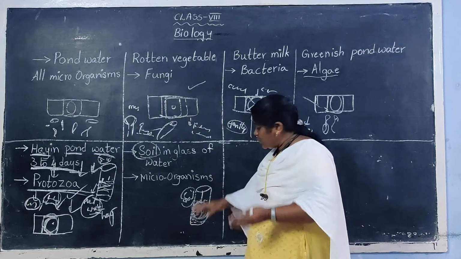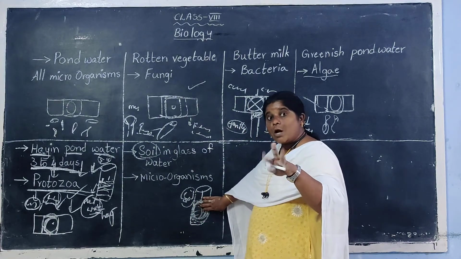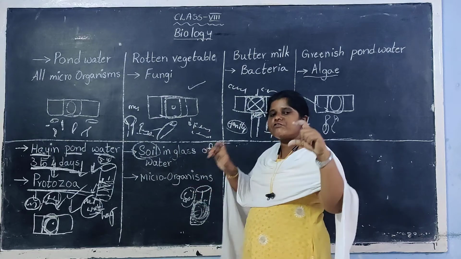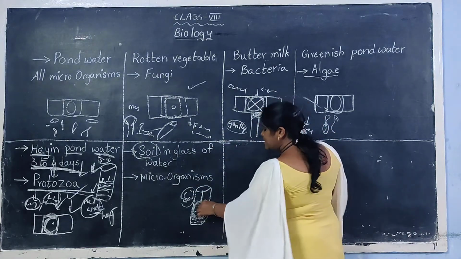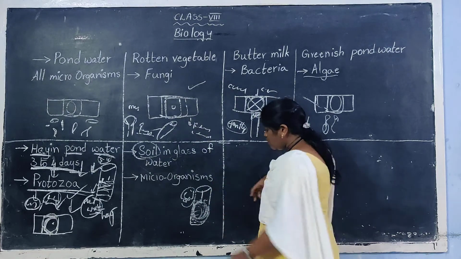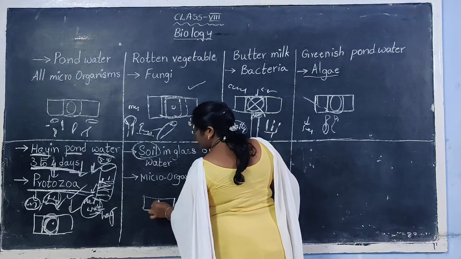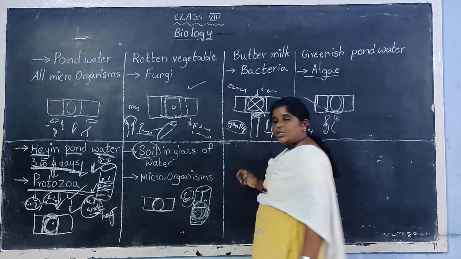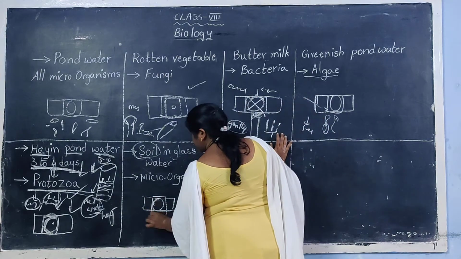Now all the solution which is coming up will become somewhat brownish in color. There is a lot of difference between normal water and soil water. When you take some soil and mix it with water, what does it become? It becomes a soil solution. Now that solution should be taken on a drop of water, and now cover it with a cover slip and observe it